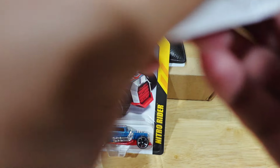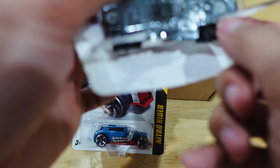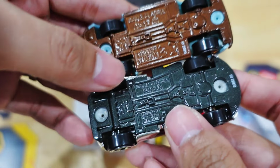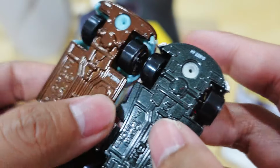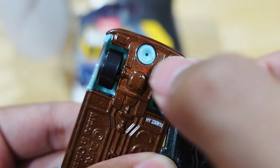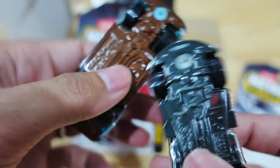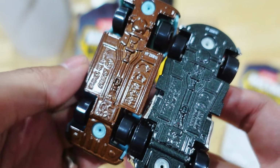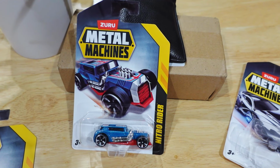But if you see it on another car, I'm gonna open this thing so you can see it more clearly. Let's open up the POWERMAD. Here it's looking like a supercar. You're gonna see the bottom, and you got the same drive shaft, the same exhaust mold, and the same boxes here as well. Look at that. Even though this thing is a supercar and this thing is a car from the 1940s, 1950s, they have the same underbody. That's why I think Zuru Metal cars are really nice cars, but on the detail side, they're more like AI-made cars. They look great,